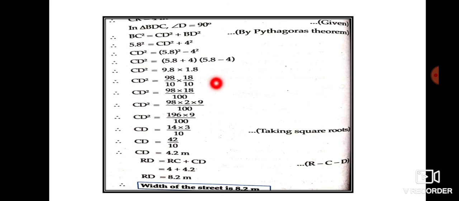This calculation that we have done, children, you can do any method you want. If you find this very confusing, you can do 5.8 into 5.8, 4.2 into 4.2, and then subtract, and somehow when you do it, you will get the answer. These types of sums you will have to practice a lot. Now the next exercise of this chapter is deleted from the portion. We have given you the portion. You can refer to the part that is given.